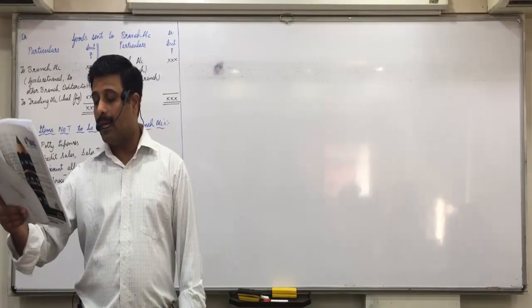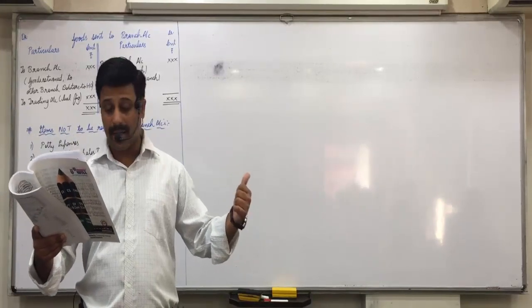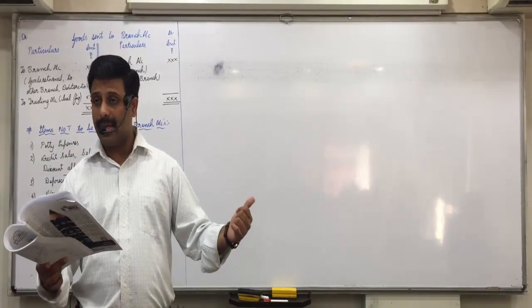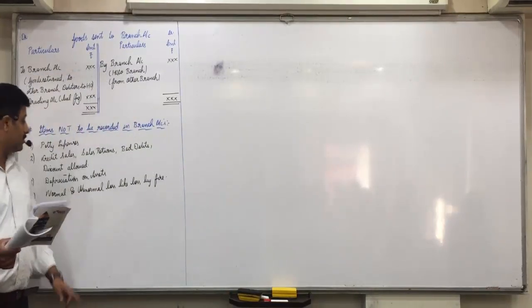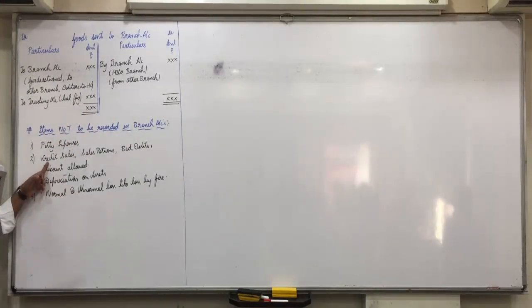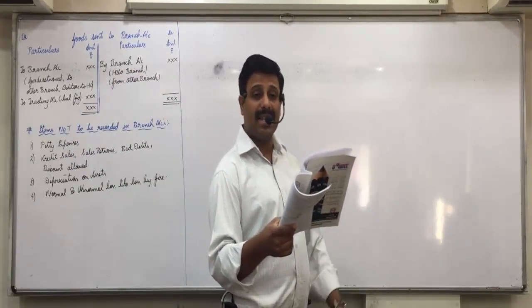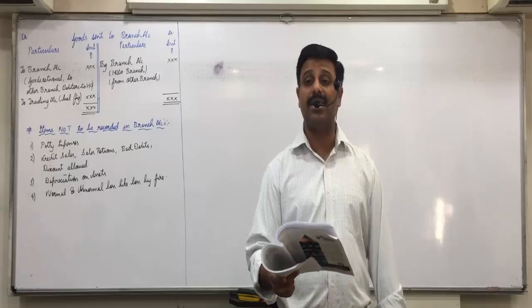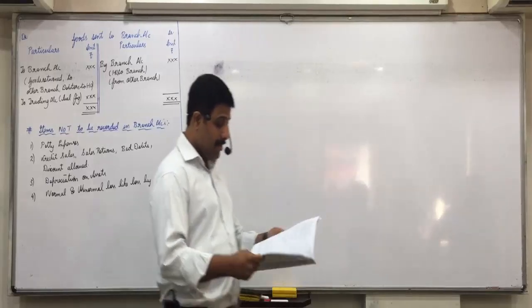Cash sales, where will it come? Credit side, under the heading cash or bank account. Mark it as credit. Cash received from debtors, credit side, under the heading cash or bank account. Mark it as credit. Credit sales are not to be recorded. Mark it as no entry, or mark it with a cross, not to be recorded. Closing balance of stock at branch is an asset, so credit side. Debtors is also an asset, so credit side. And petty cash is also an asset, so credit side. Did everyone understand this? Any doubts? Let us solve it.